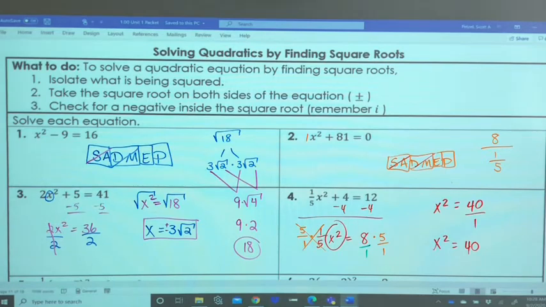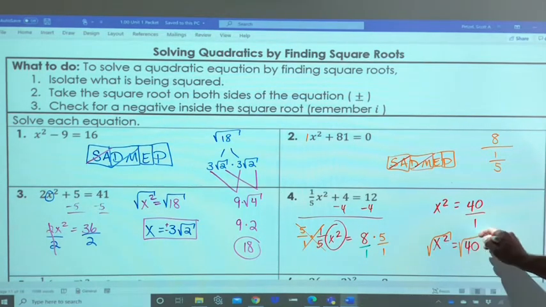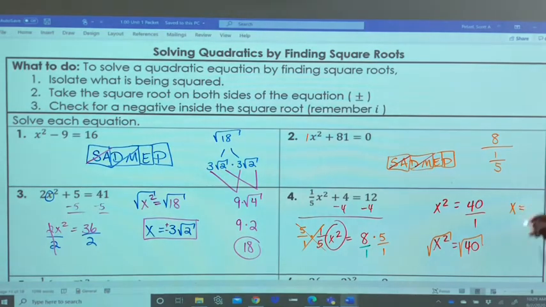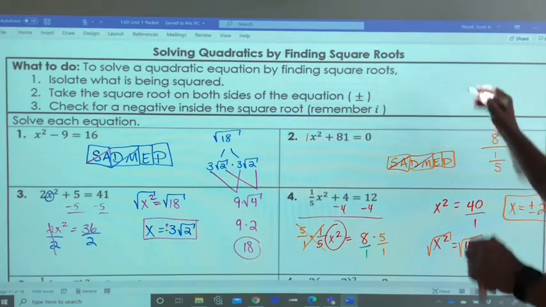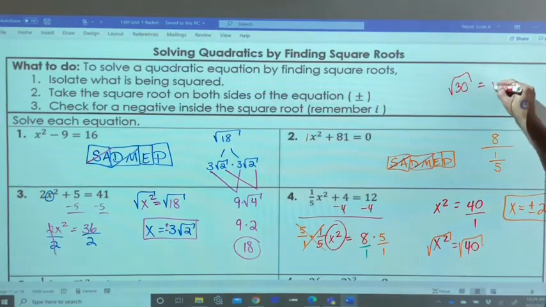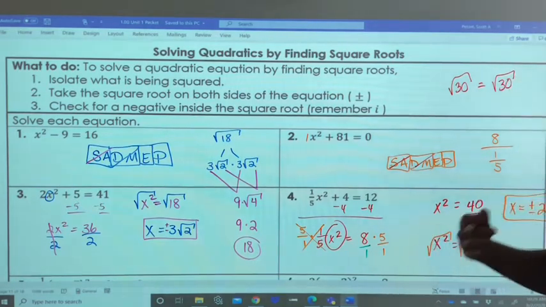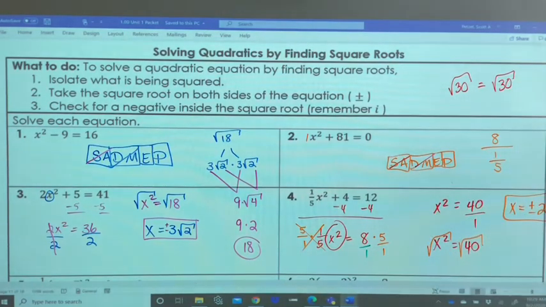Now I want to do my exponents, square roots, x. Square root of 40 is a hard one for a lot of people. They think that it simplifies more than it does, but it's technically, obviously, positive or negative, 2 root 10. 40 is a difficult one because we think that it does more than it actually does. The square root of 30 technically does not simplify. A lot of people want to simplify it somehow, some way. It doesn't. The square root of 40 is